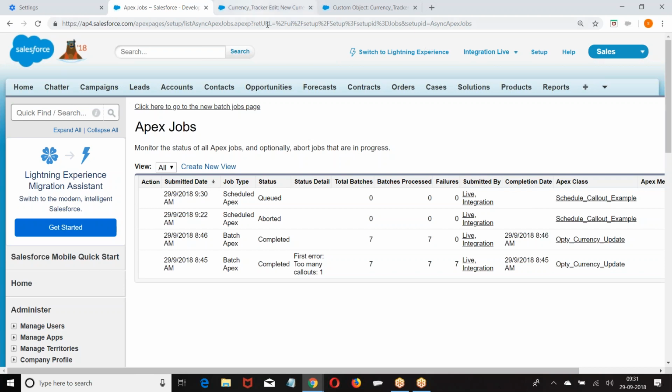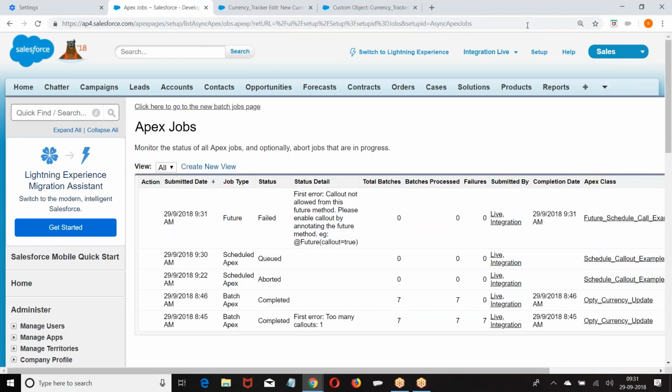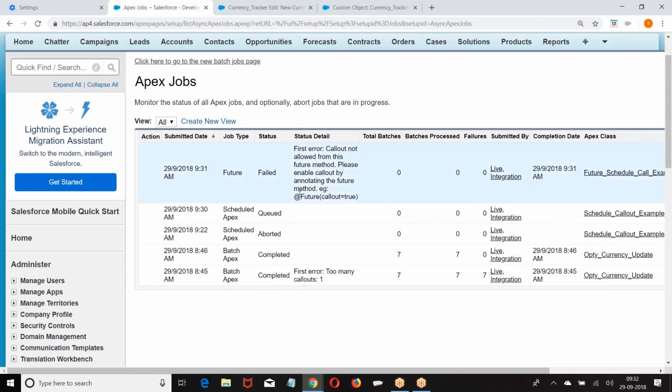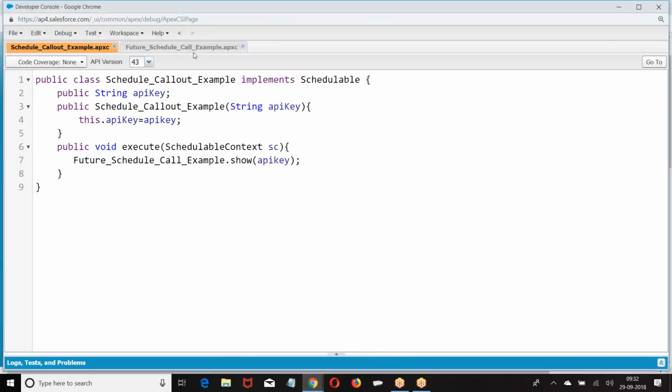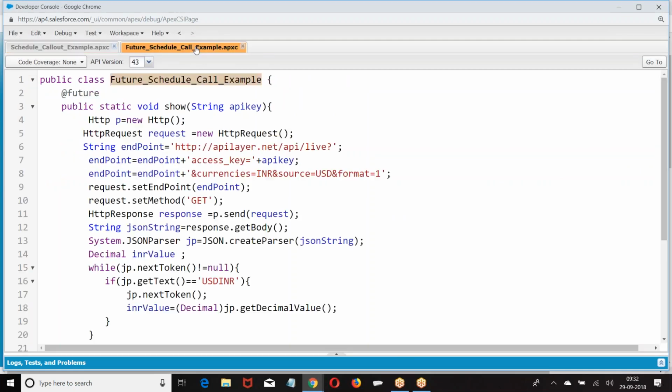Now, if you have any requirement where you need to pass a group of sObjects, what will happen? That's the second question. Now look at the format. What is it? @future, callout equal to true, failed. So what I was doing now? True.